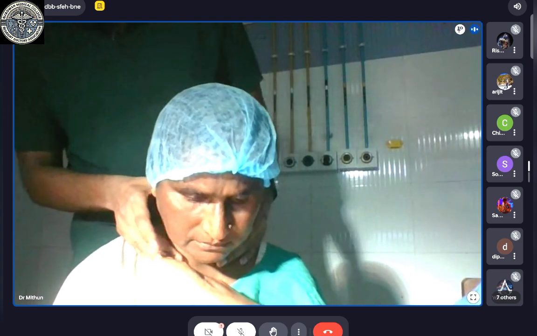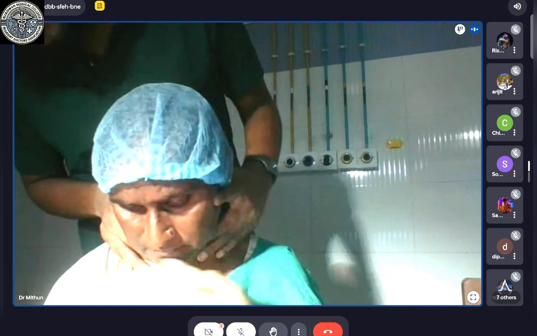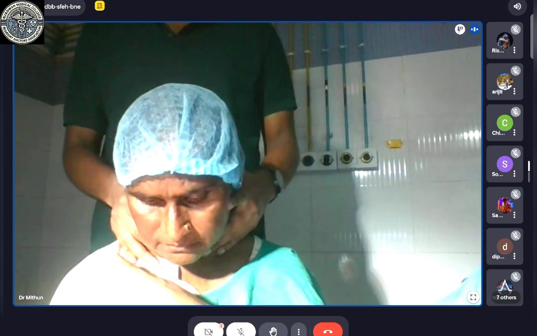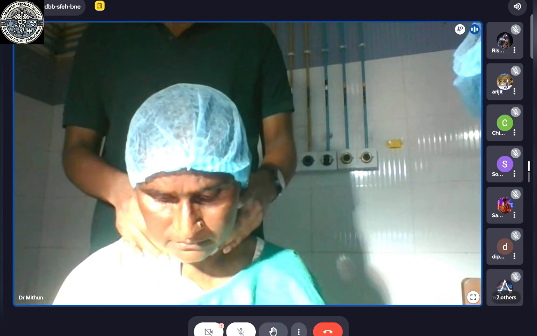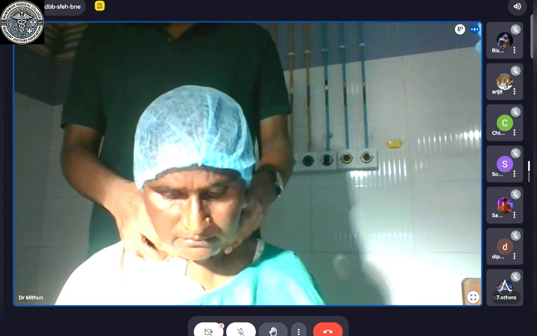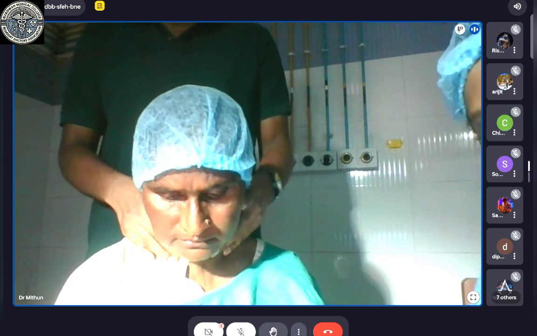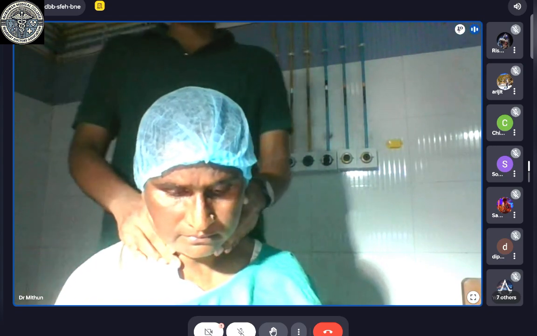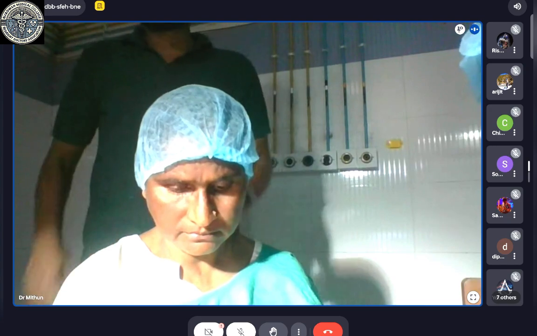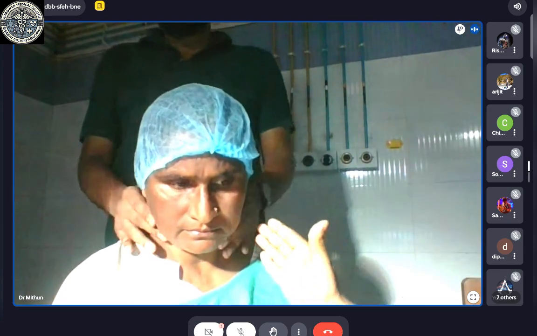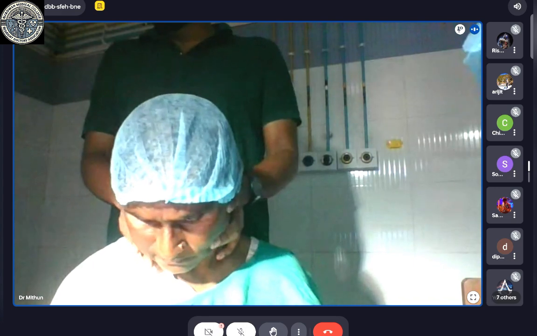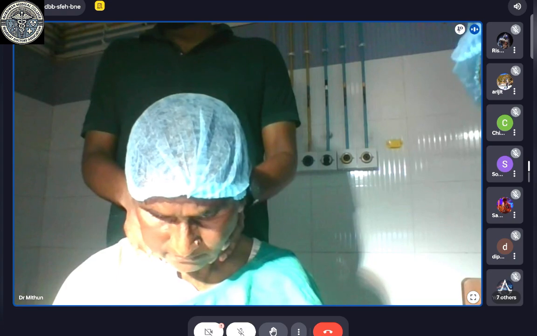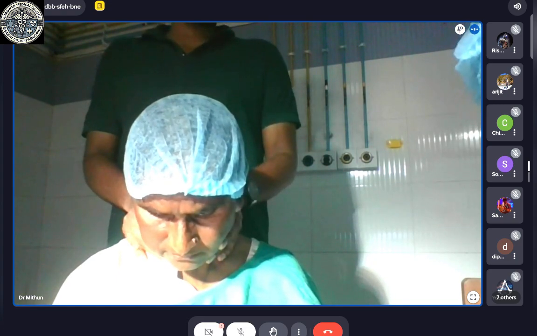For the palpation of the right lobe, push the left lobe more towards the right side so that the right lobe becomes more prominent. Now, with the help of the palmar surface of the remaining part of the right four fingers, you have to palpate the thyroid swelling. So what are the clinical steps? First is flexion, how much? 15 to 20 degrees. Second, placing both thumbs over the nape of the neck so as to maintain this posture. Third, push the left lobe of the thyroid gland towards the right side so that the right lobe becomes more prominent. Now, with the help of the palmar surface of the right four fingers,